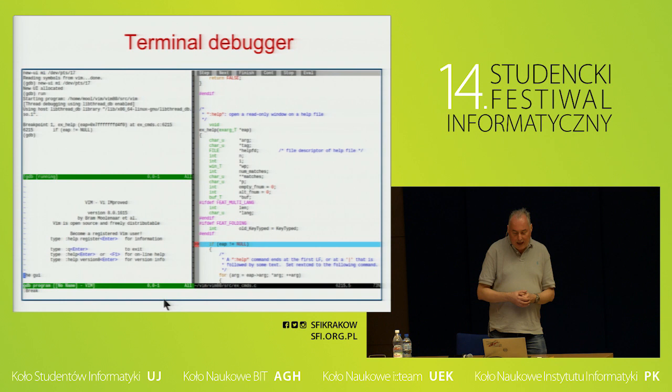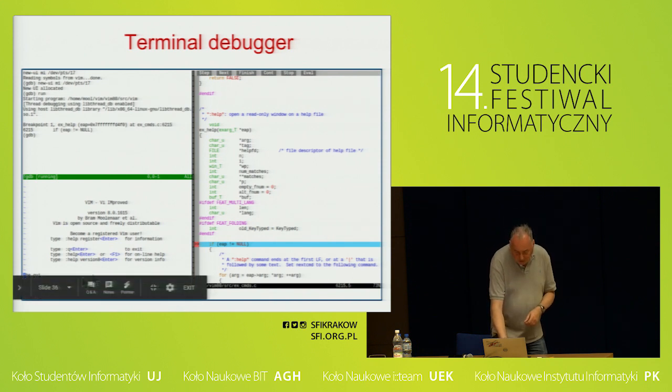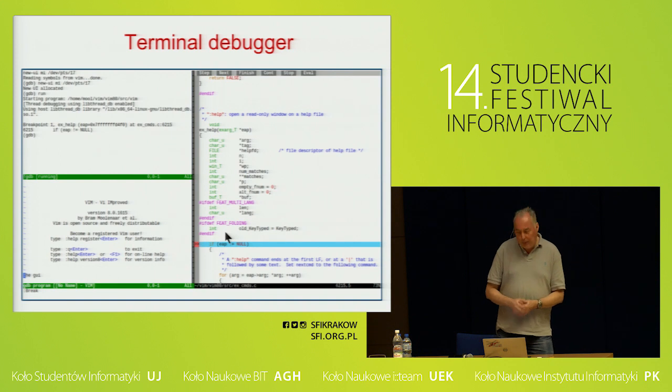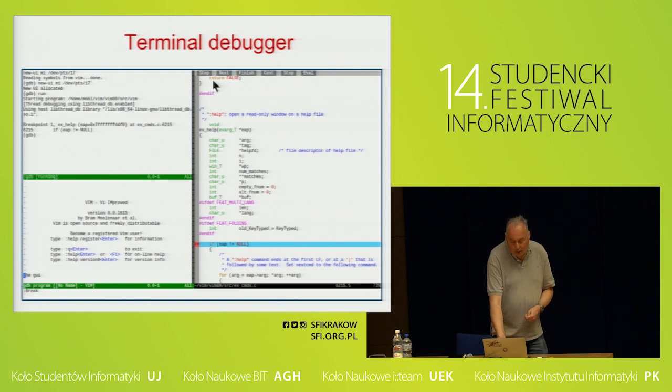And then on the left, when Vim is running, I type the command help GUI. And so this is actually typed. And then I hit the breakpoint. So now in the source code window, I can step through the code using the window toolbar at the top. So pressing next, etc.